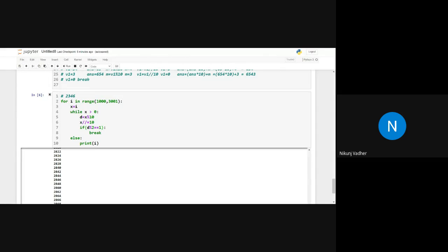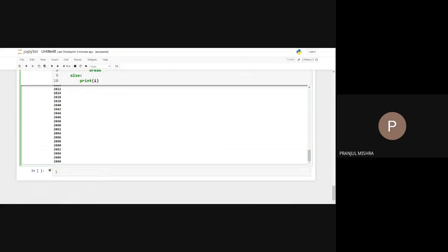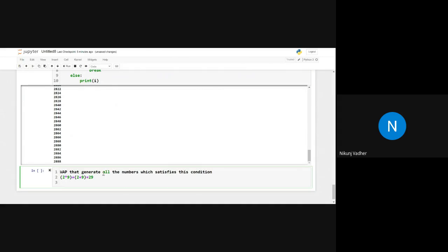Should I give you another interesting definition like this? Yes, sir. So let me give you that definition. Write a program that will generate all the numbers which will satisfy this condition.